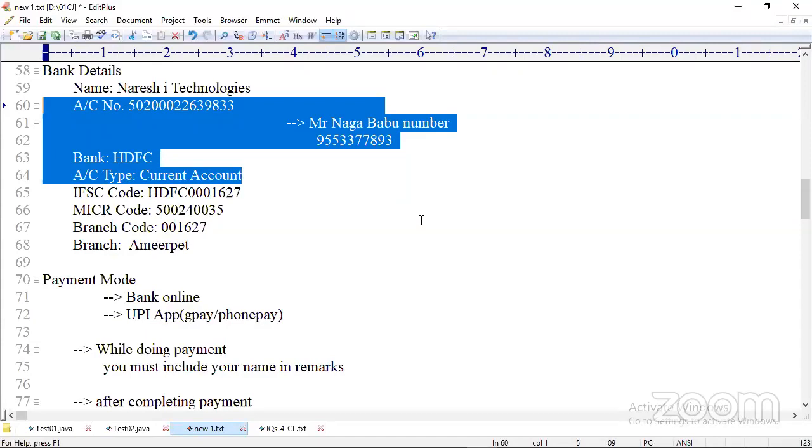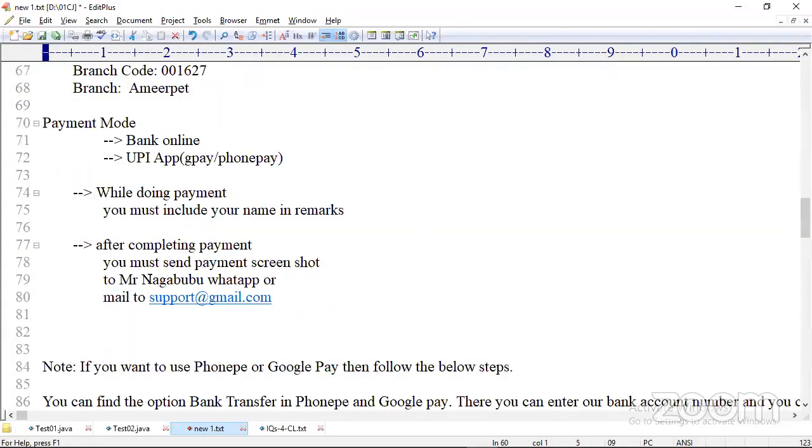Java 14 is the latest version. After payment is completed, send the screenshot to Nagbabu or to support@gmail.com. While doing the payment, mention your name so that we can track that you are a student of Naresh IT.